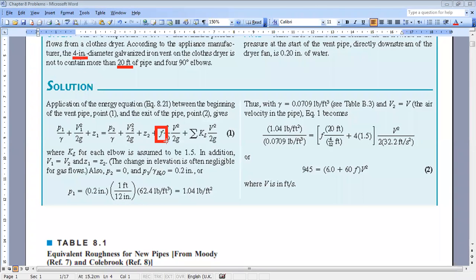And we will see together how we can determine the corresponding value of f. Okay, so now what I will do, I will replace KL by its value. I will replace L and D by their values. I will replace P1 and P2. Okay, and for V1 and V2, why will they be equal? Because look, here you have a flow in a duct, and the diameter of the duct is not varying. So even if you have elbows, the diameter for each cross section is the same. So since we have the same D, and assuming